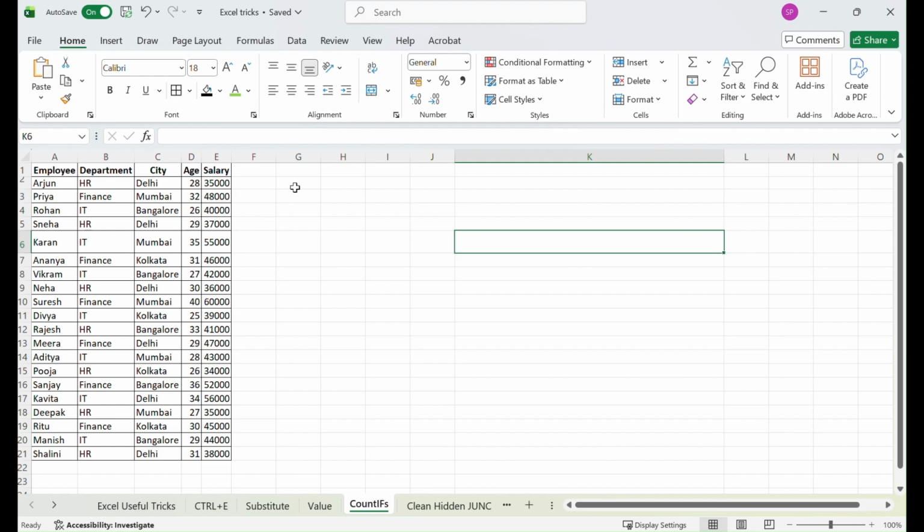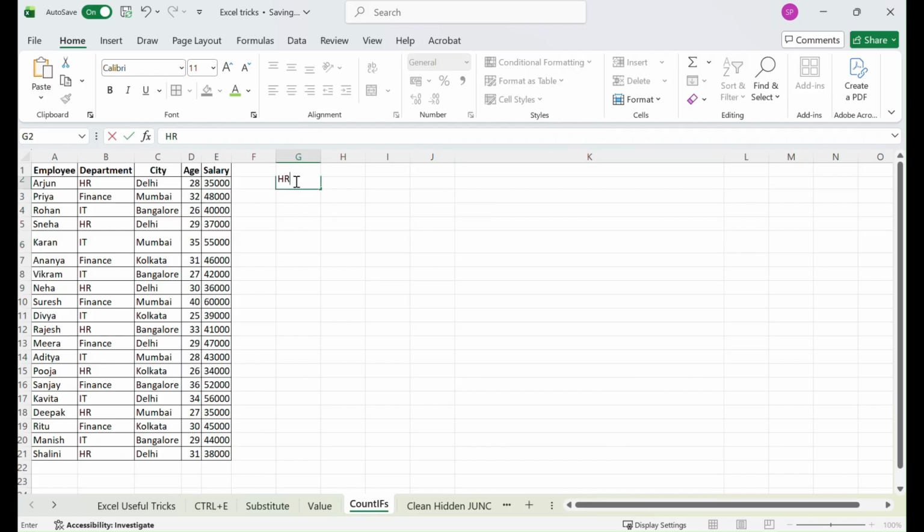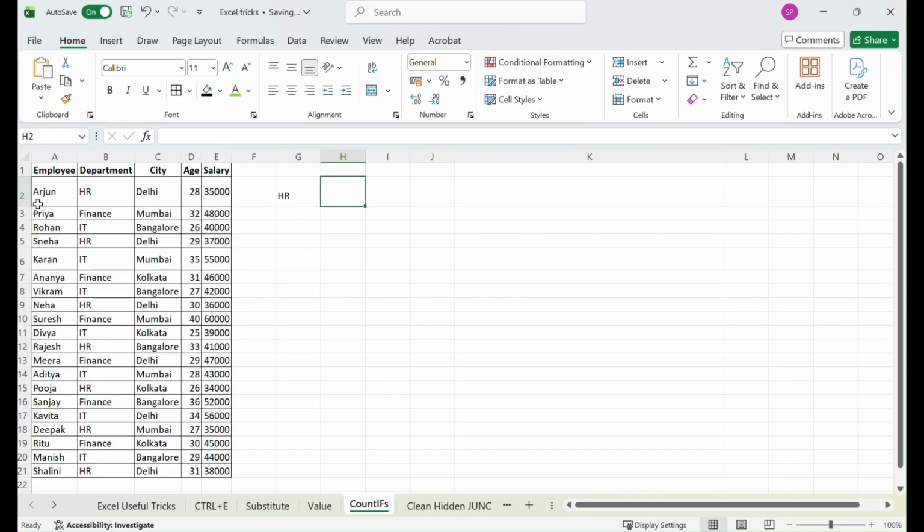You want to find out, let's say your location is Delhi, how many HRs are there in your location? What you are looking for is HR in Delhi, right? So in Delhi, how many HRs are there? You can achieve this